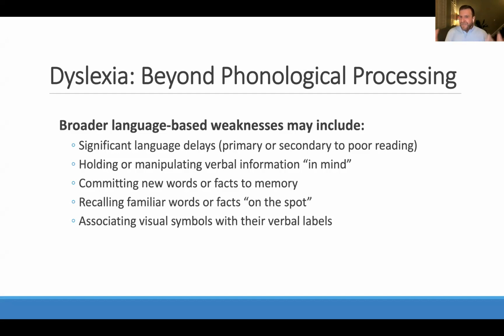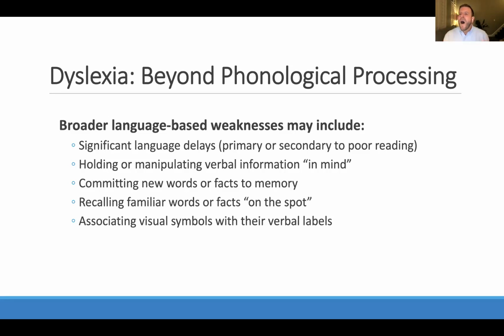So everybody has a limited amount that they can hold. And for folks that have issues with working memory, that might be less. That cup that they can hold things in might be smaller. Rote memorization can be a struggle for folks with dyslexia. Committing those rote words and facts and verbal information to memory can be tough versus a story. So I might see a student that if I tell them a story, they remember all of the details, but if it's just a grocery list, that's much tougher for them, right?